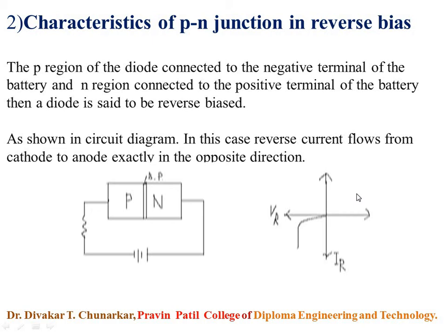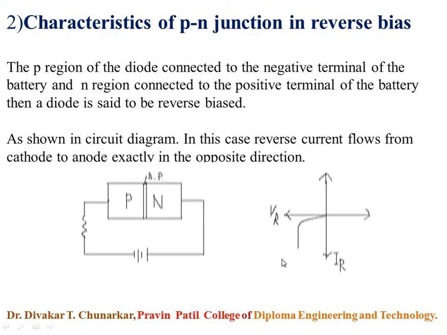When a diode is reverse biased, holes in the P region are attracted towards the negative terminal of the battery, and electrons on the N side are attracted towards the positive terminal of the battery. In a PN junction diode in reverse bias, there is movement of electrons and holes away from the junction, and therefore the width of the depletion region increases as compared to the width of the depletion region in forward bias.